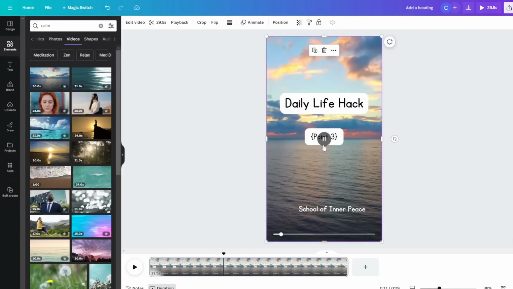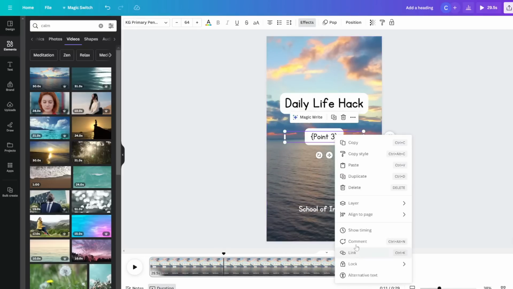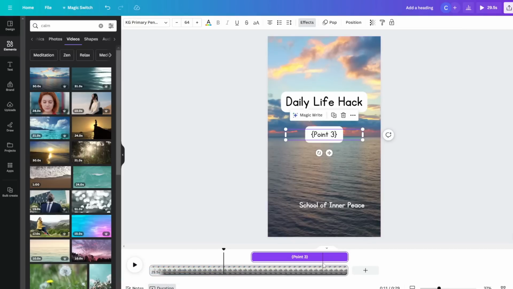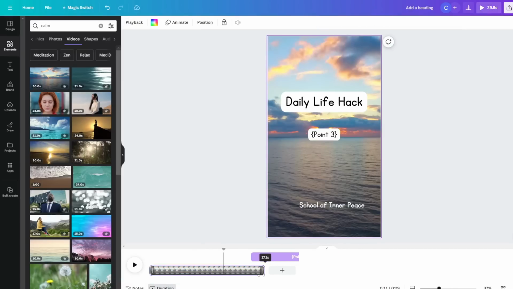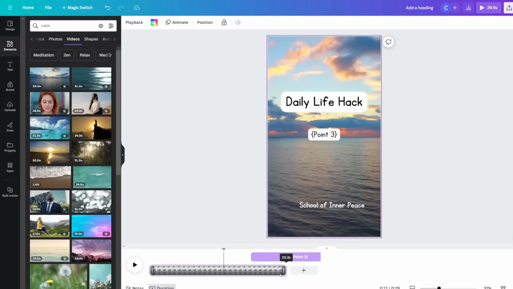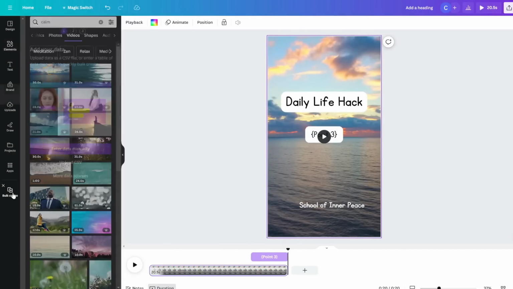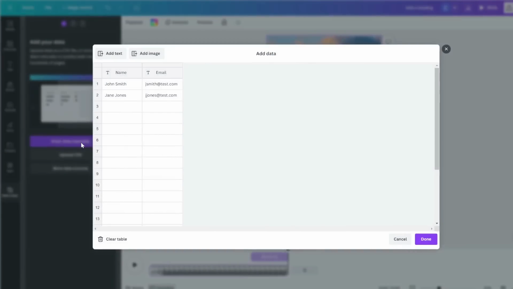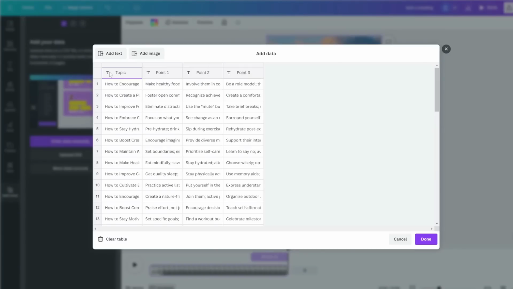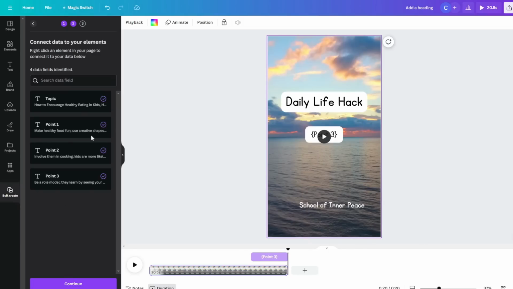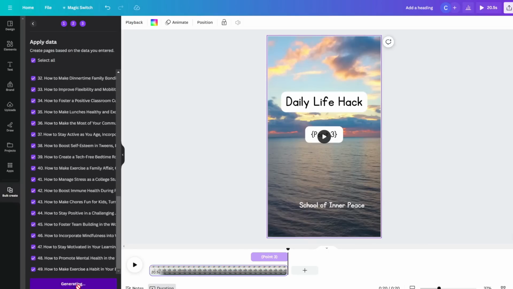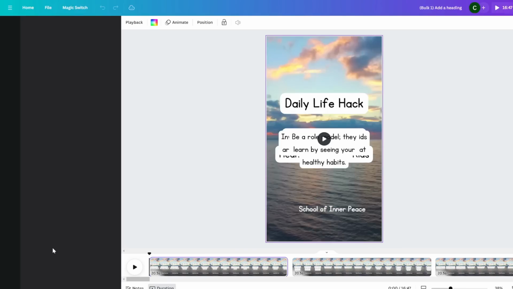Something to note is once you drag and drop a video, it actually extends the timeline to the duration of the video. So if you remember, our YouTube Short is only around 20 seconds. So let's trim the end of this video all the way back to 20 seconds. And then the rest of the steps are the same. So we click into bulk create, and then we copy and paste the next batch of 50 rows into here. Click continue and then click generate. Perfect. So again, it will create a new Canva project with these 49 videos.